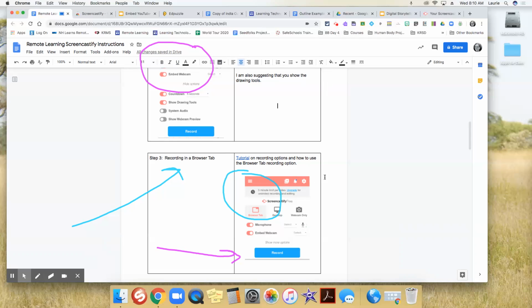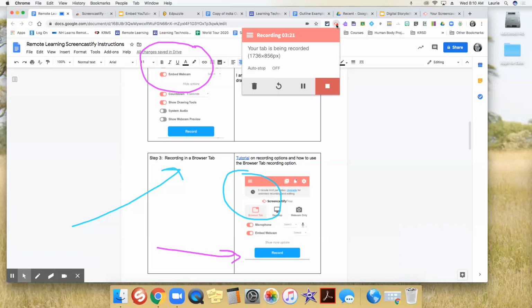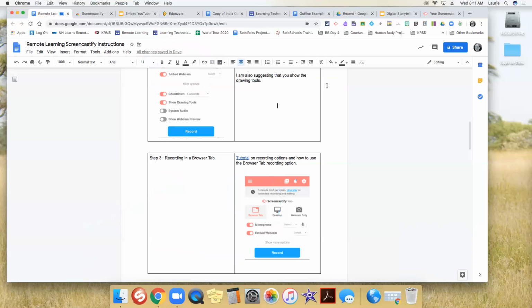The other thing is, if I want to stop this recording because I'm done, I can click on this and I can stop this. If I want to restart because I messed up, I can hit this and it will start all over again, or I can pause it here, or I can just delete this. But I'm going to go ahead and stop this.